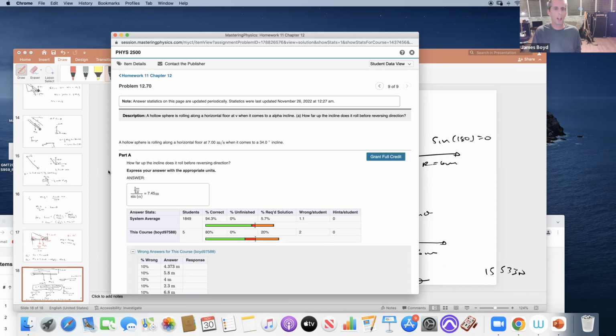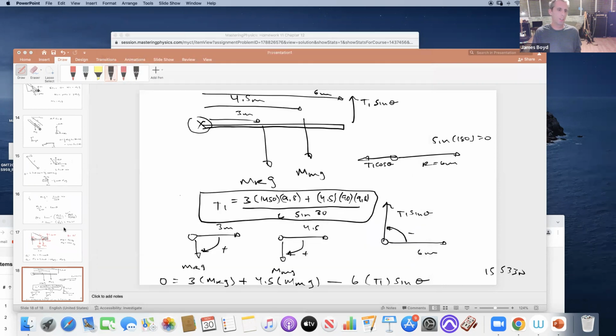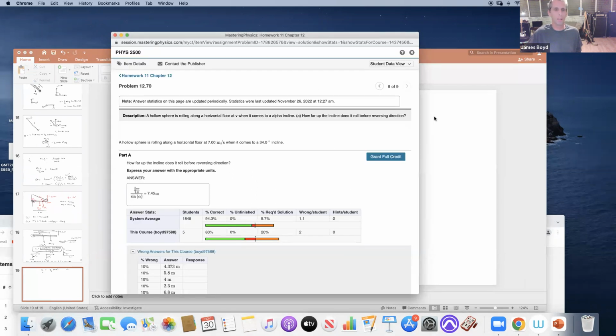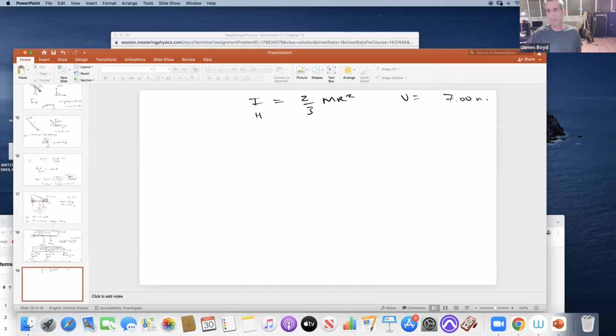All right, a hollow sphere is rolling along a horizontal floor when it comes to a 34 degree incline. Now we already did this one, except I want to do it again. A hollow sphere has an I of 2/3 mr squared. Solid is 2/5. And v is 7. And our angle is 34 degrees. Now again,